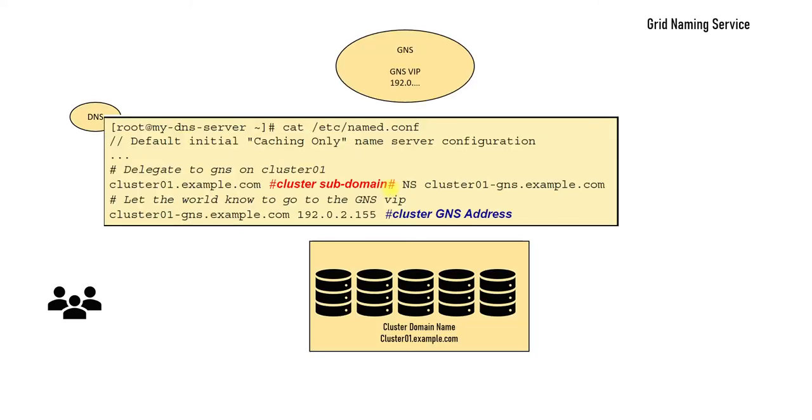I hope you guys are understanding. So again, the cluster name is cluster01, but I already said that cluster01 needs to be part of a domain to configure the GNS. This name will be configured in the DNS, and this particular name will be the name that whoever is querying will use. So who will be querying? The users will be querying. If the user is querying cluster01.example.com, that request will be forwarded to GNS, always.